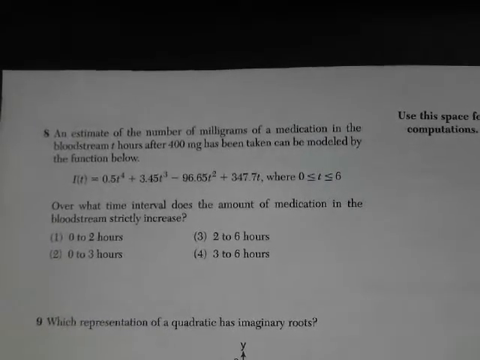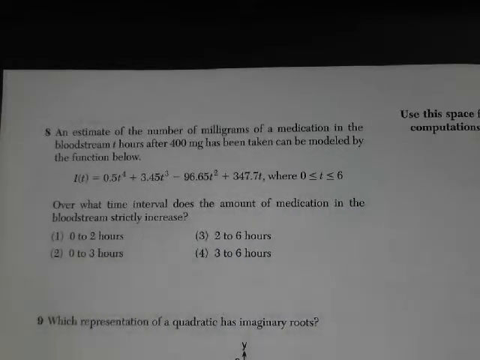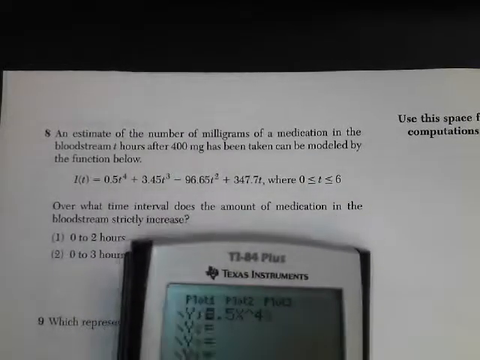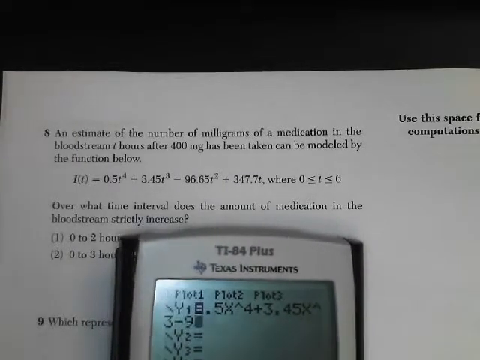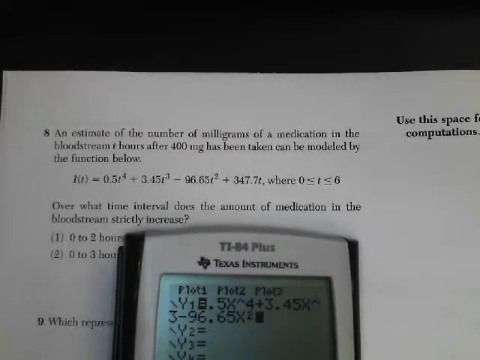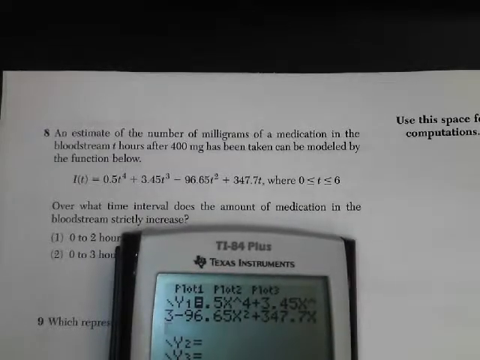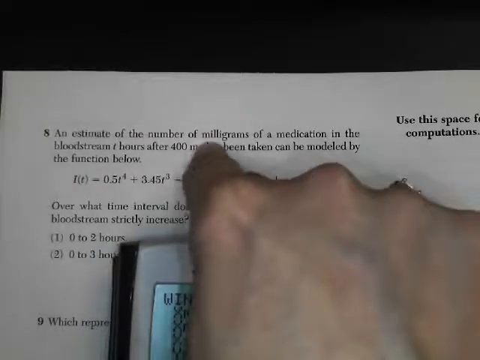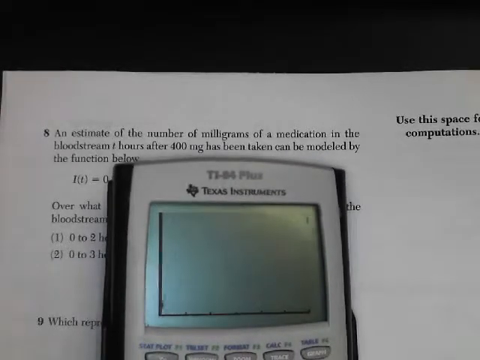I see number 8, we have an estimate of the number of milligrams of medication given here from 0 hours to 6 hours. Over what time interval does this strictly increase? Just look at it. Okay, we got to plug it in. It's just knowing the features of a graph, what's increasing, what's decreasing, and also knowing how to mess with your window. So in our window, we're going from a time of 0 hours to 6 hours, and we're talking about how much of a 400 milligram sample is left. So 0 to 400 milligrams would be an appropriate